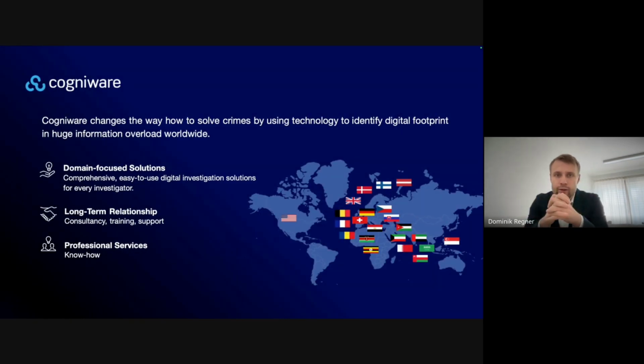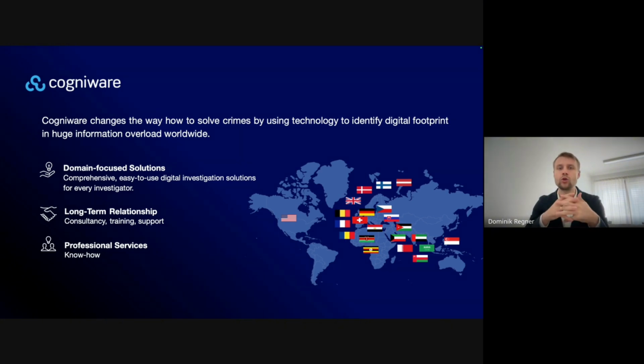Before we dive into terrorist financing, let me briefly introduce Cogniware, who we are, and what our mission is. At Cogniware, we focus on solving crimes and complex investigations using advanced technology, including AI. Our strength is helping investigators find relevant digital footprints in the huge amount of available data. That means we are not just a software provider.